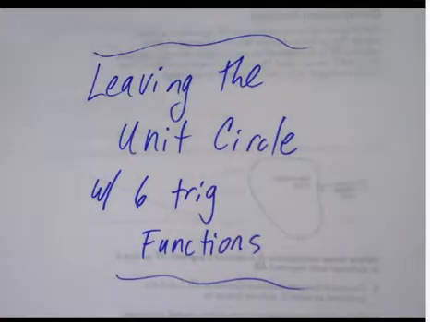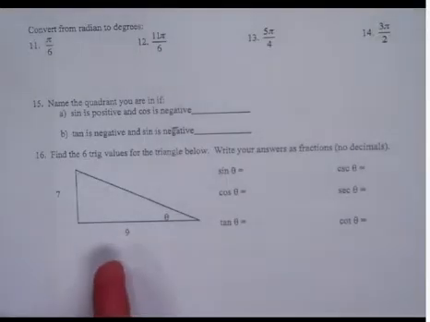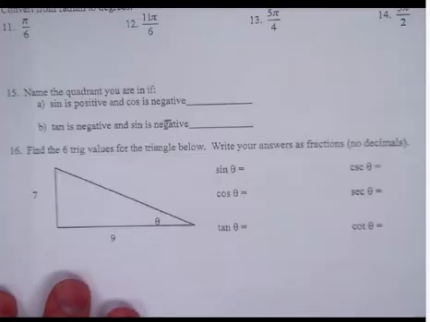All right, let's take a look at leaving the unit circle with the 6 trig functions. What we mean by leaving is we're not just doing things on the unit circle anymore. We're doing things on triangles, whether they're coordinates, ordered pairs, or if they're just triangles drawn. You had your first example of this on the homework on that number 16, where you're supposed to find the